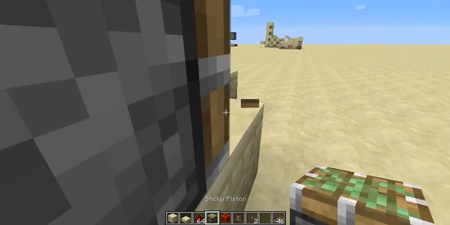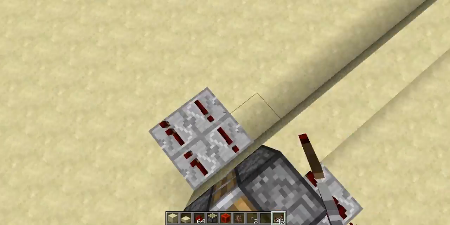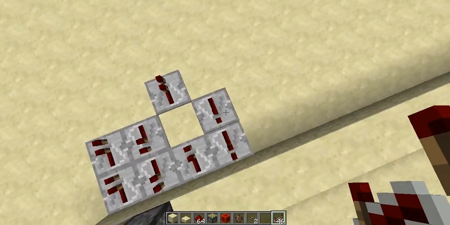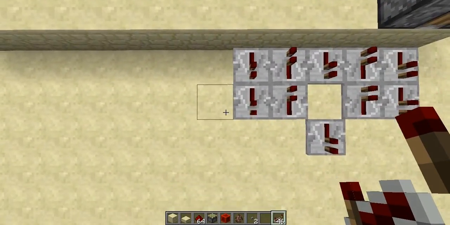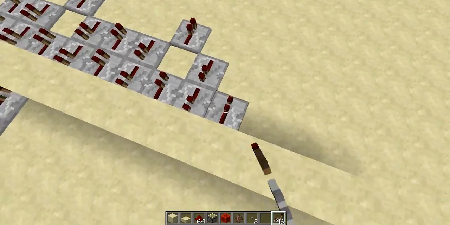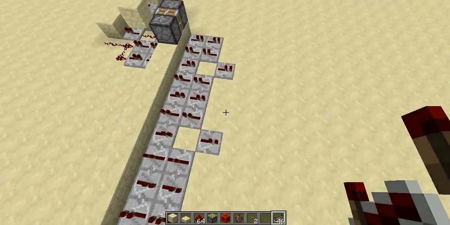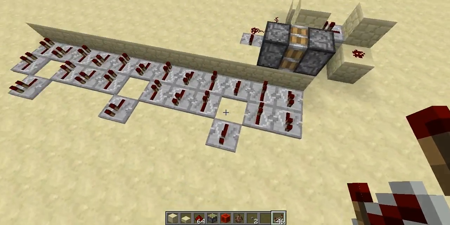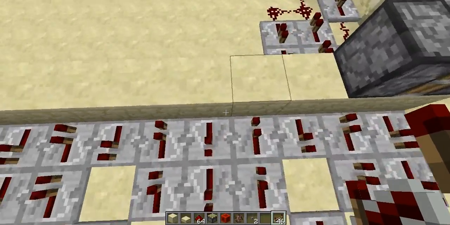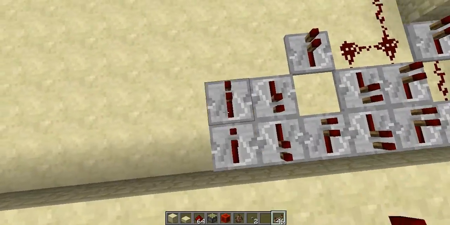So yeah, the next thing you want to do is to place down repeaters like so, 1 2 3 4, and then 1 2 3 4, and then the same thing over again, 1 2 3 4, and then 1 2 3 4, 1 2 3 4, 1 2 3 4. Okay, so the pattern is every 3 blocks you're going to make it go 1 block further, and then here's the same thing. You're going to do the same thing here, and then